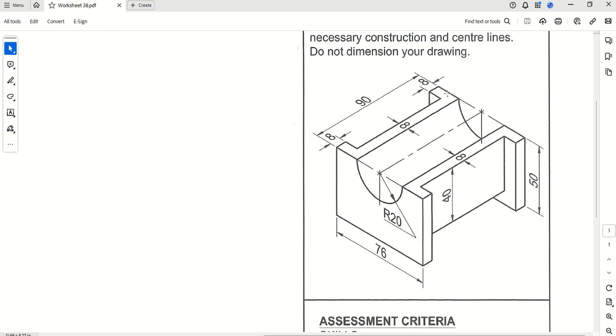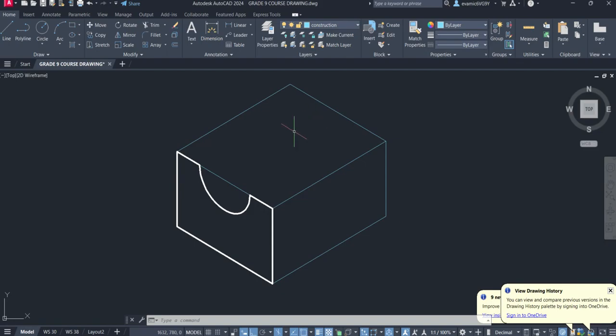Now we're going to go ahead and construct the features or aspects or faces of the object that would face upwards so that we would see in the top view. So it's these little C shapes here, okay, that are connected from both base edges, and this little cylindrical seat in the middle. So let's go ahead to CAD, and what we're going to do here is I'm going to